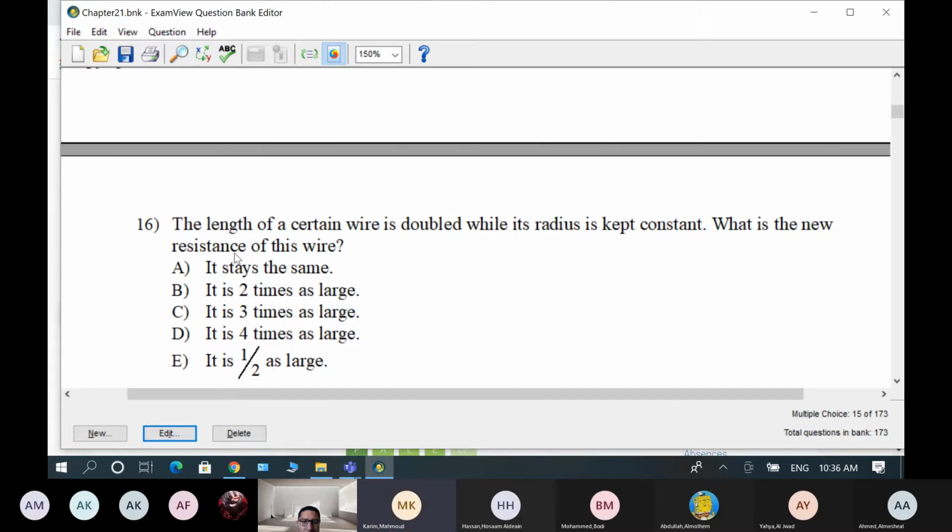So is it going to be 2 times as large? Yes, because we know that the resistance directly depends on the length of the wire. Let me open the